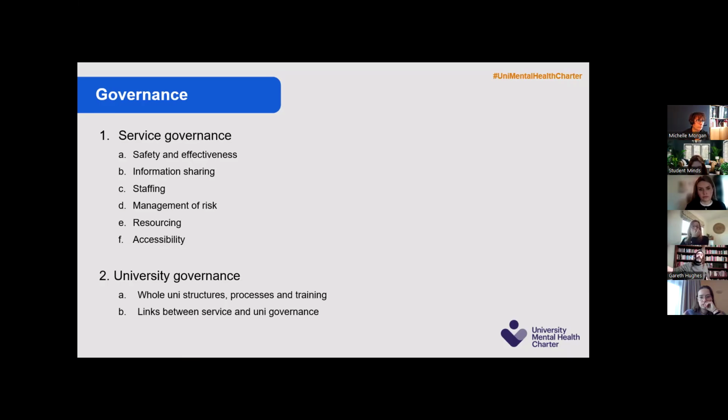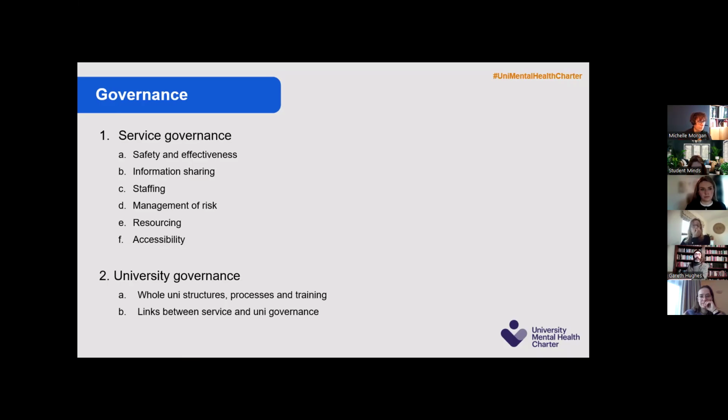It's linked to someone senior, to go back to your point earlier on, Shell, so that there's someone senior with an overview of all of this who has responsibility for it, and where there are clear processes and training in place to help with all of that. The other gap that we see sometimes is where you've got good service governance, but it's not in any way connected to university governance. And university leaders might not even know that that governance exists or is needed. So at an institutional level, they're actually carrying a bit of risk because they're unaware that there's governance that's needed and is in place.